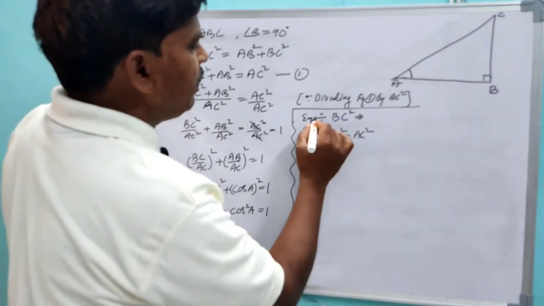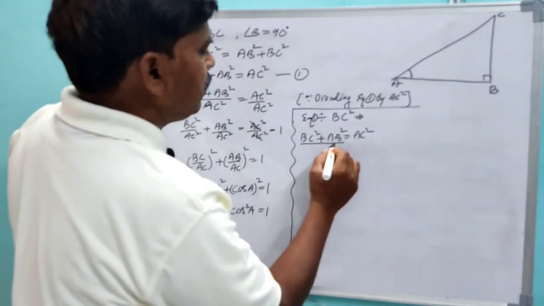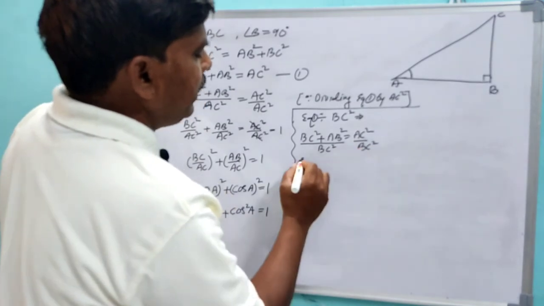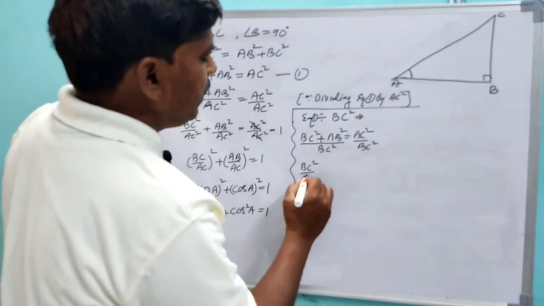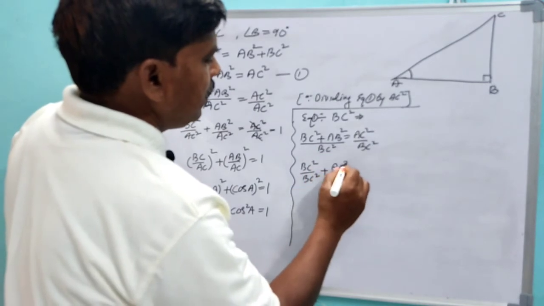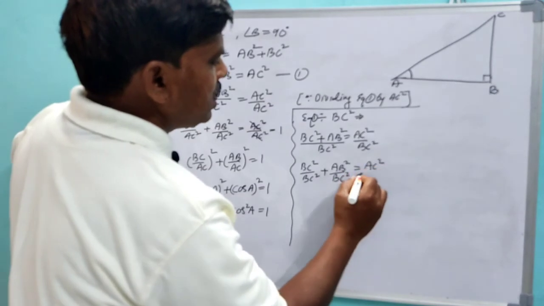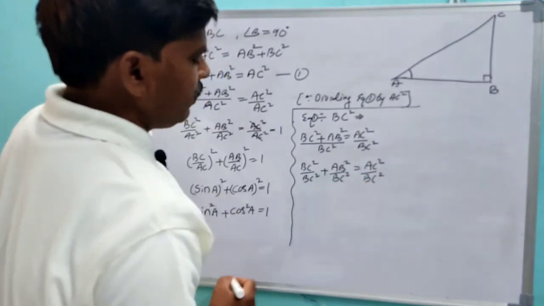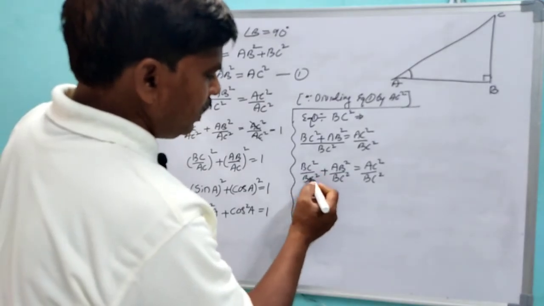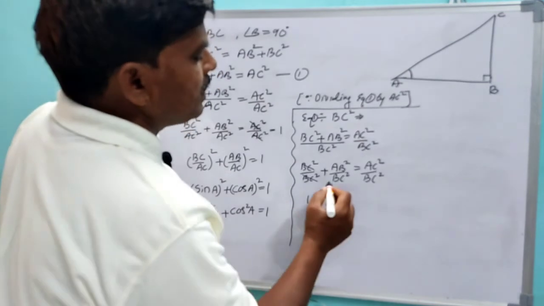So dividing this equation 1 by BC square, we get BC square by BC square plus AB square by BC square is equal to AC square by BC square. Now BC square in numerator and denominator is the same, so it gets cancelled. So it is equal to 1 plus